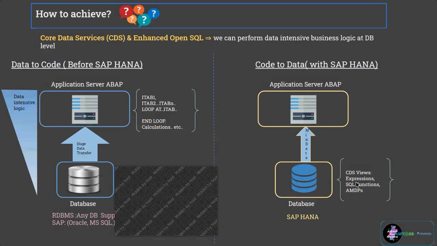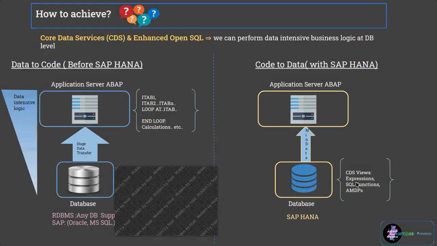So you will transfer the minimum data. Using CDS views, suppose there is any calculation, you will write it in the CDS view itself. You will write AMDPs, which is SQL script. You can perform data intensive logic within that also, and execute that in the SAP HANA database. You can perform all the calculations and the looping and everything within the query as much as possible, and then everything will happen there, and a minimum amount of data will come to your application